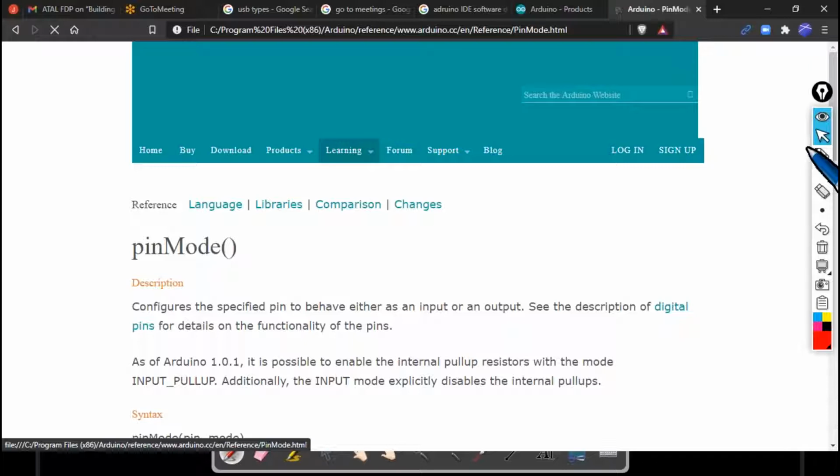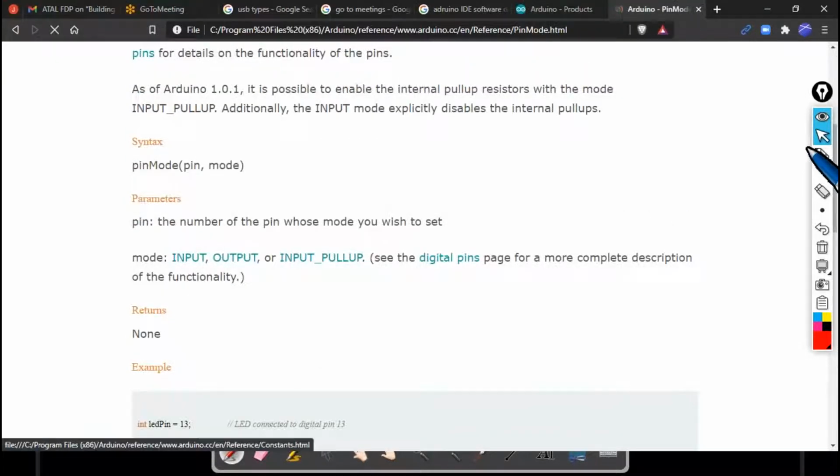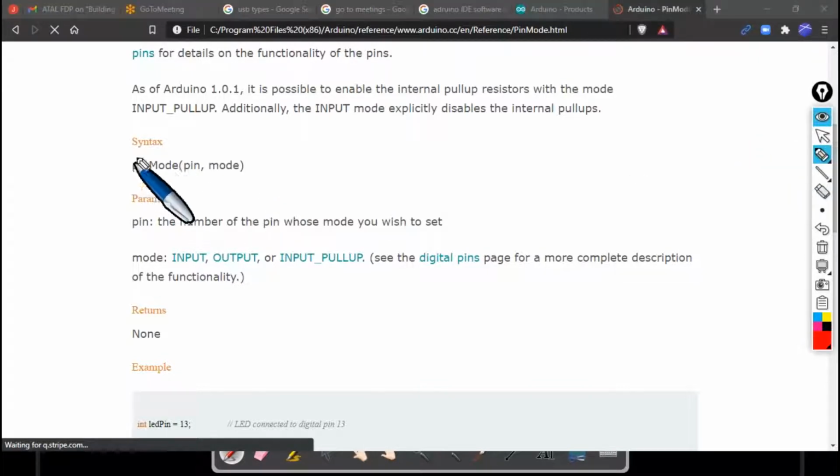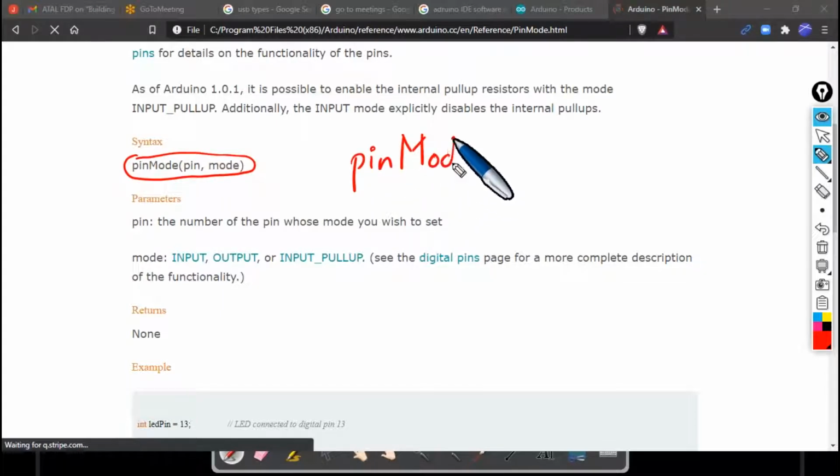The pinMode function configures a specified pin to behave either as an input or an output. This description also has the syntax of how that function has to be used. You can see that here pin is in small case, whereas M is capital.